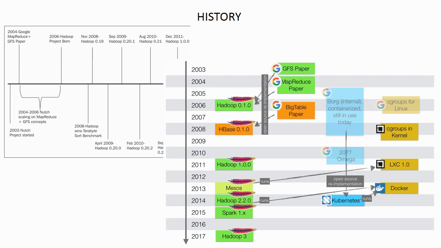And now, of course, we have Hadoop 3.0, as I said, and again, it has much more sophisticated resource management compared to Hadoop 1.0. So when I say HDFS, I need to be very clear which version of HDFS I'm talking about, because the internal details of how the system works vary a lot from version to version.